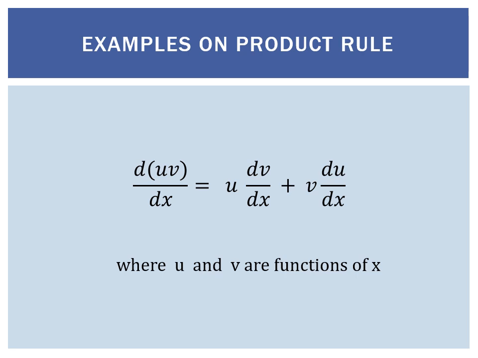In this video, we are going to take examples on product rule. If u and v are functions of the same variable x, then the product rule can be applied to the product of u and v. So the derivative of u into v with respect to the variable x is written as u into derivative of v with respect to x plus v into derivative of u with respect to x. The important thing here is u and v both should be functions of the same variable x. Further, we'll be solving examples related to product rule.